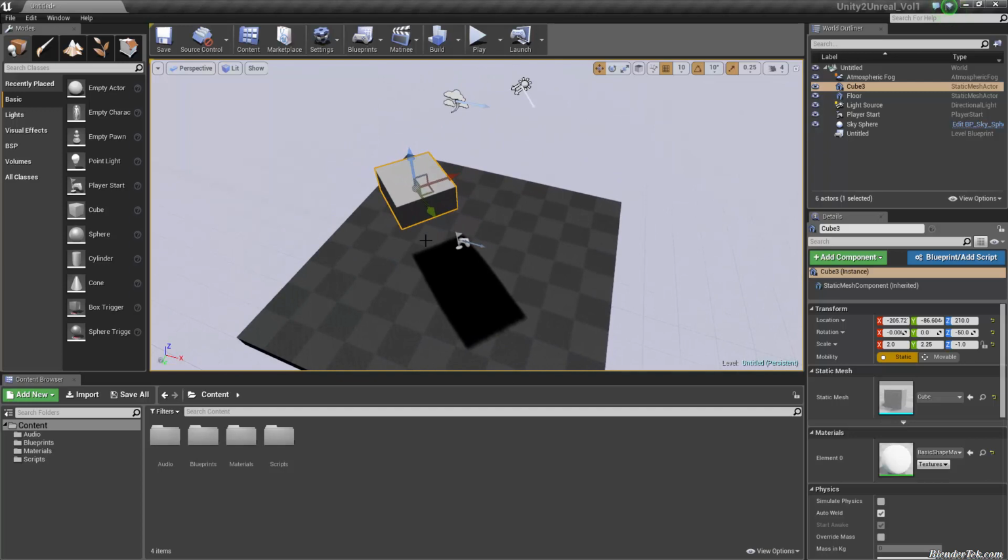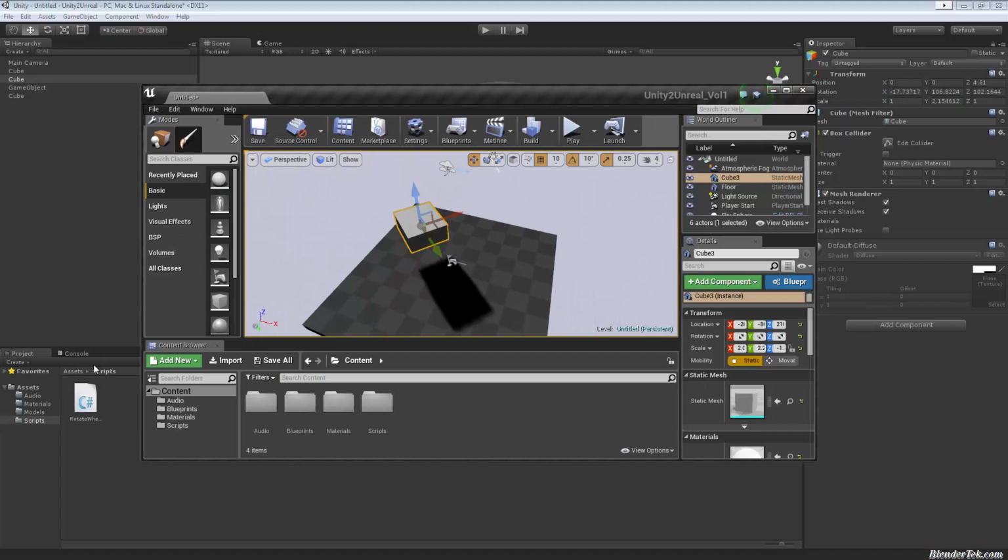navigation. So yeah, we've gone over the comparison of asset layout, I guess you could call it, the project versus the content browser. We've gone over the hierarchy and inspector window in Unity versus the world outliner and the details. We've gone over components, and we've gone over just basic manipulation of objects in 3D space in Unreal versus Unity.